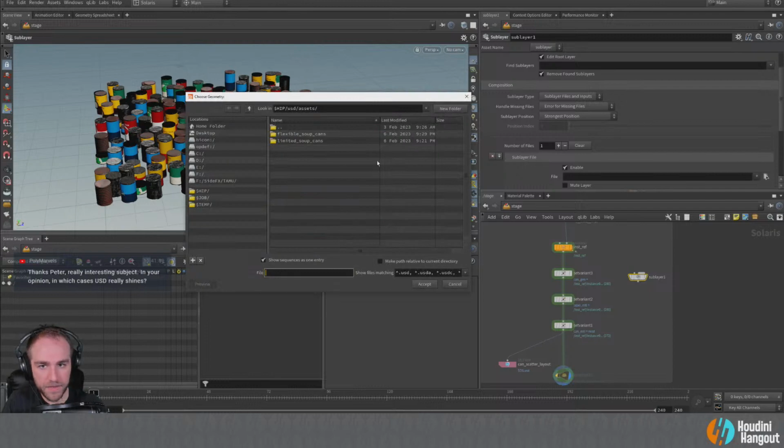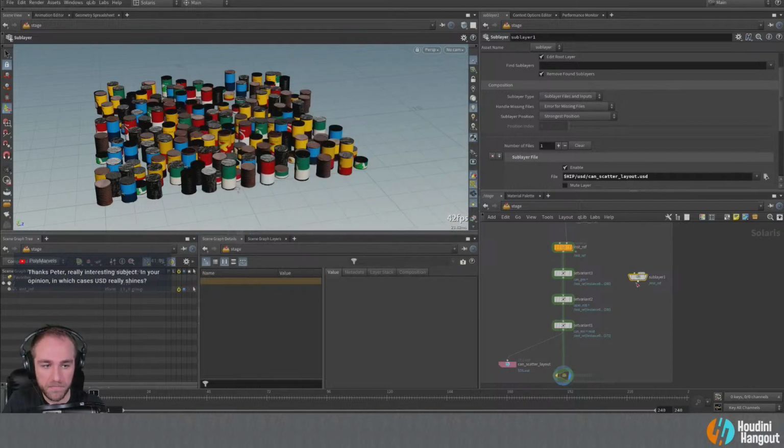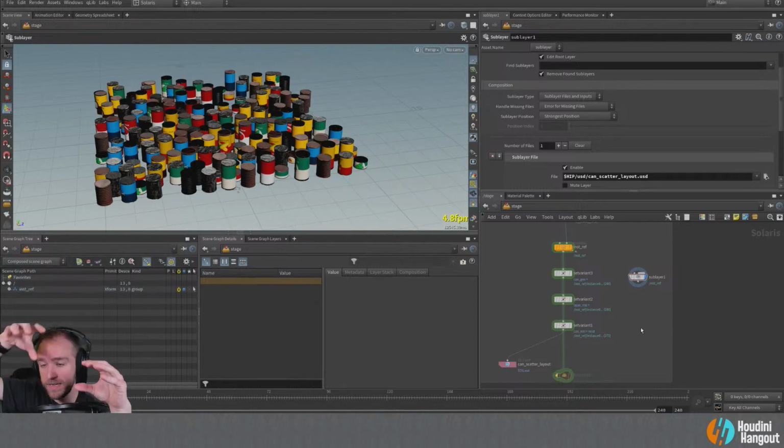Yeah, so I think that USD really shines, to answer your question, when you're working with layout and you're building maybe a larger scene, scattering things around in your scene. Now, in this case, I'm just doing a simple grid. I'm not really doing anything overly interesting with these elements. But if you're doing a large scene, trying to scatter things, place things quickly in your scene, I think that's where USD really shines.